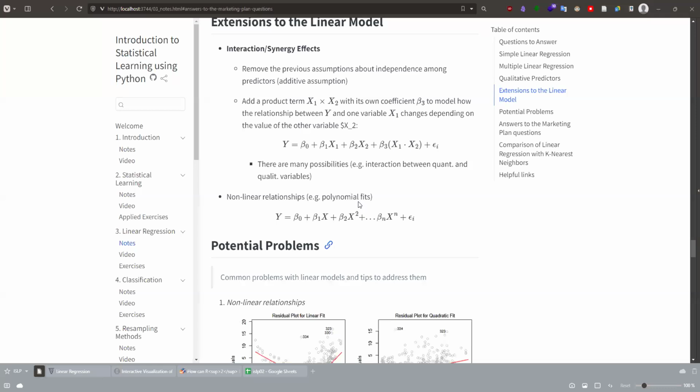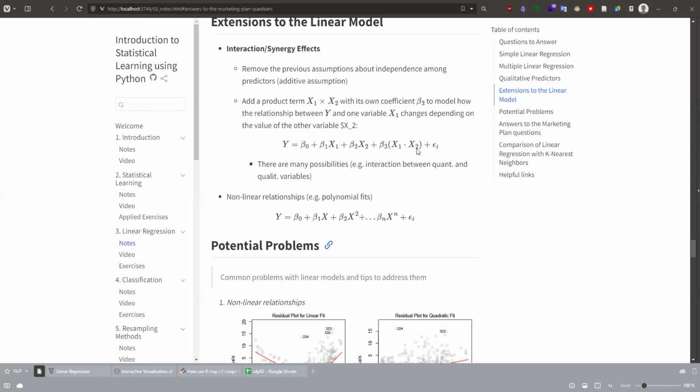For example, in some cases one predictor is not fully independent from another. The book gives the example of newspaper and radio advertising. Yes, so this interaction or synergy